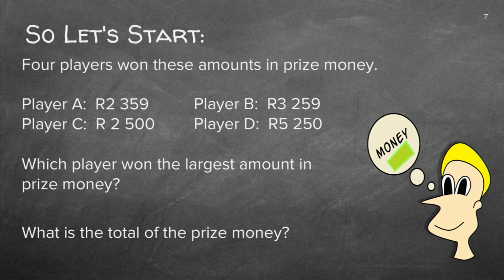So they gave you information. Always make sure with word problems that you read every single piece of information. Sometimes you just start with player A, player B, but you didn't read the first part. Make sure that you read everything from the top to the bottom. Even if it doesn't look important to you, make sure you do that.